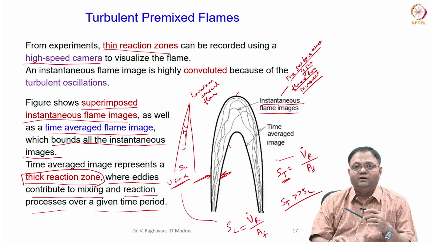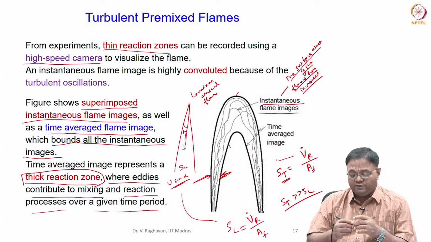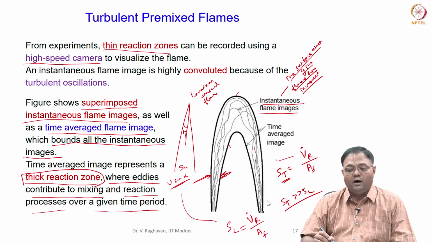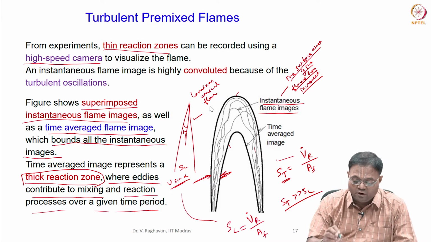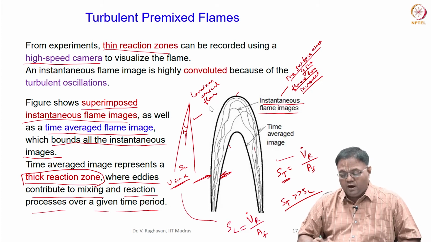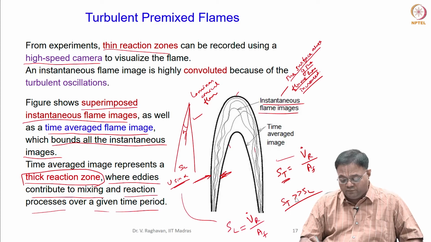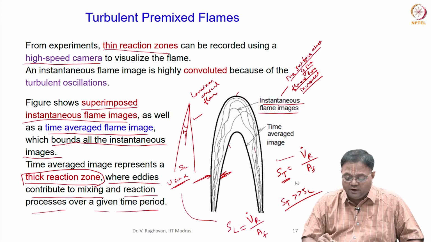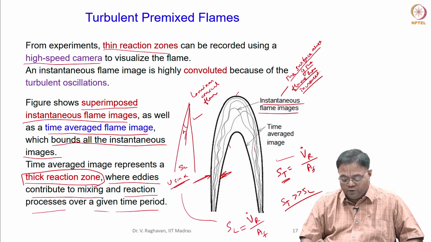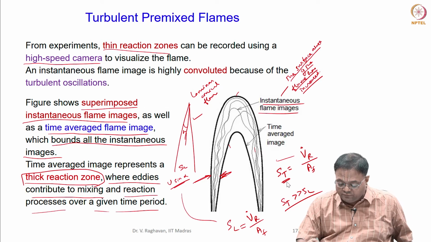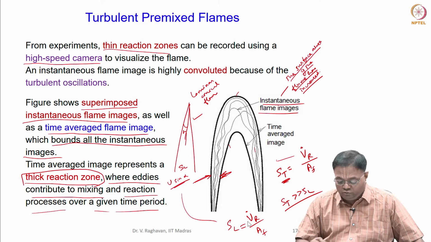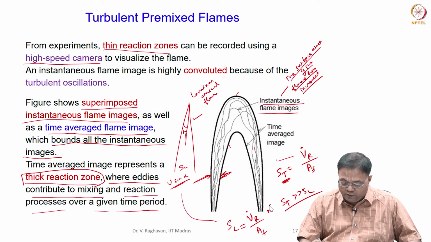the flame, when it interacts with the eddies of several sizes, you get different flame shapes and they are not conical anymore. But when you measure the surface area, that is much higher than the surface area of the cone we got in the laminar regime. And when you divide the, so here I can also put turbulent, you can easily see that when you calculate the flame speed, this ST is seen to be much higher than SL. So when you calculate the surface area, the volumetric flow rate, this is meter cube per second